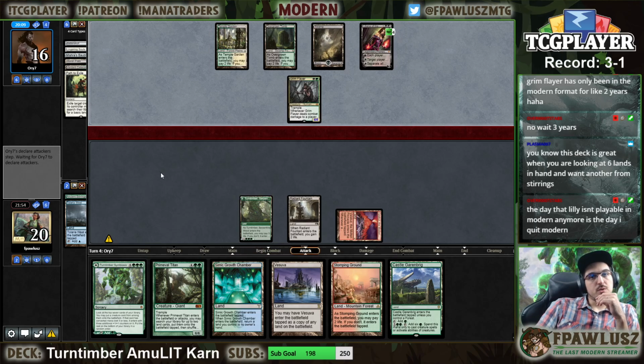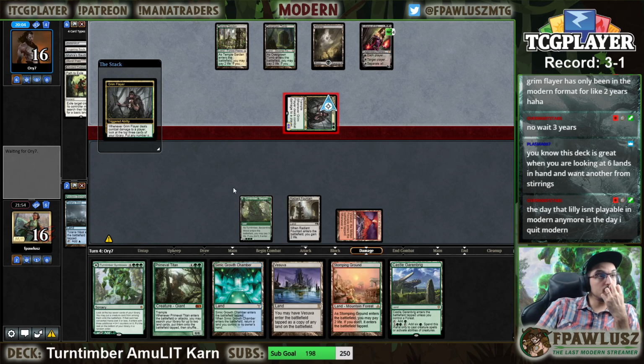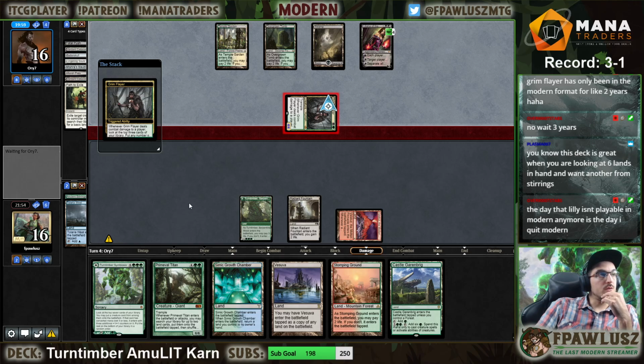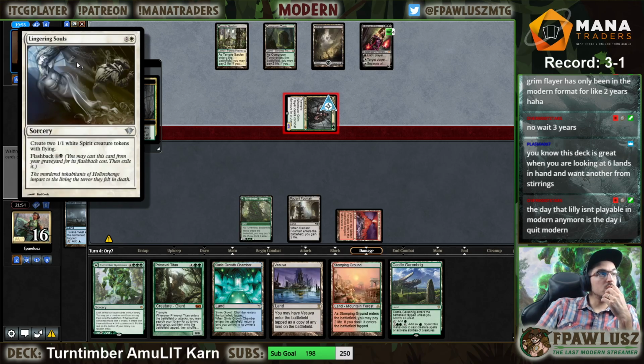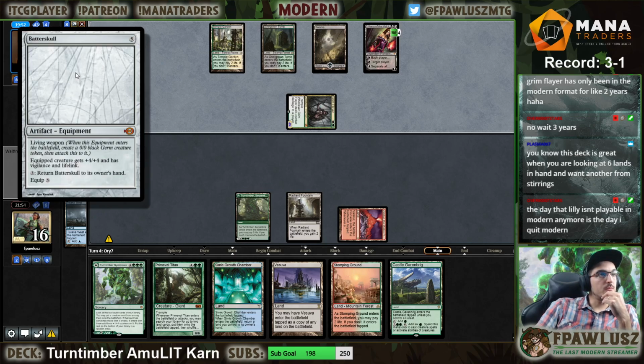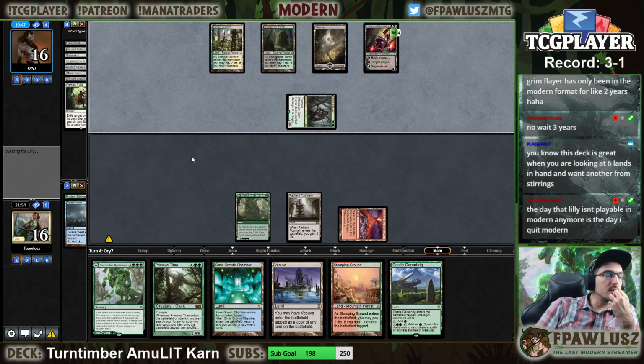The Lily isn't playable in Modern anymore. Is the deck with Modern? I mean, it's pretty close to unplayable right now, if I'm being honest. Lily hasn't been good in Modern in a long time. Batterskull, Lingering Souls. Yeah, my opponent's living the dream over there. It might be enough because my hand is not coming together, but